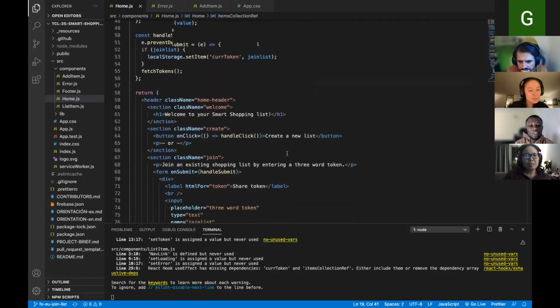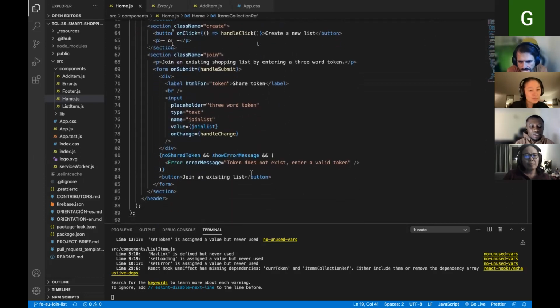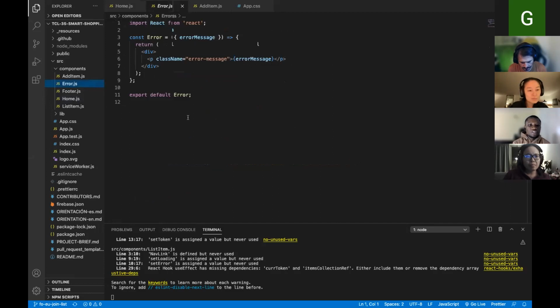So under our form, in our form, we also created this component that we had to render conditionally. So this component will only display if these and these are true. So if there is no shared token and they should show the error message, it will display this component. This is the error component. We just created it here, and we simply displayed the